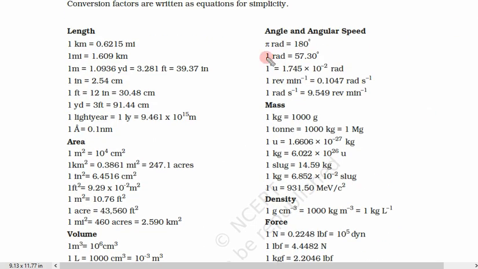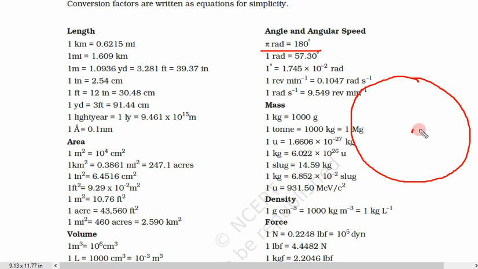Another conversion: pi radian is equal to 180 degree. But many of you are confused about how we get this. So let us see. We have a circle. Let us take the radius to be 1. Radius is 1. So if the radius is 1, what is the circumference? Circumference is 2 pi r, and r is equal to 1, so the circumference becomes 2 pi. So this 2 pi is the radian, 2 pi radian. Okay, so the total circumference is 2 pi.